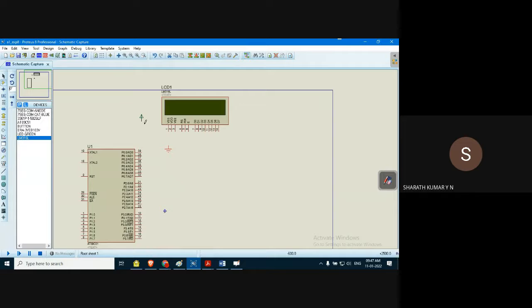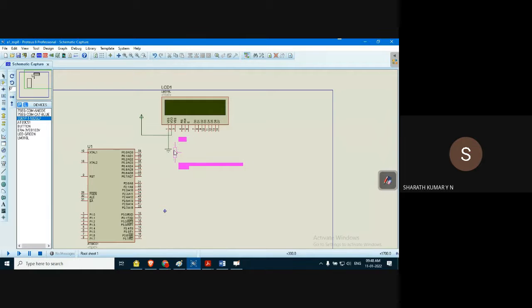How to make the wire connection is very simple. Move the cursor close to the pin. It will show a rectangle symbol that indicates it is the wiring connection. So pin number 2 is VCC, pin number 1 is ground, and we want the potentiometer. Click on this and place it somewhere here.